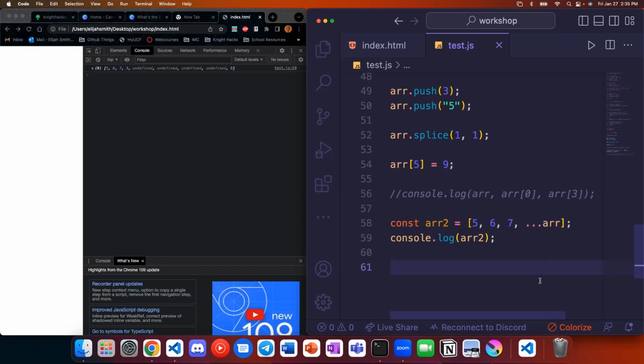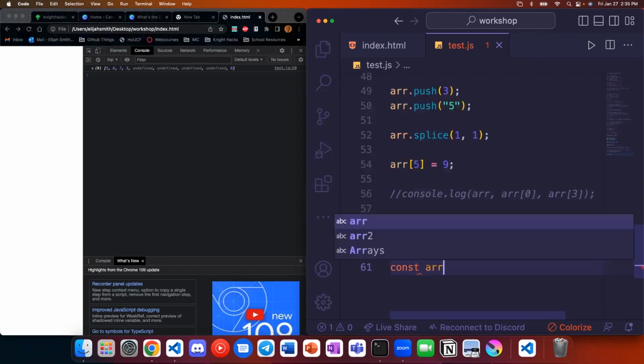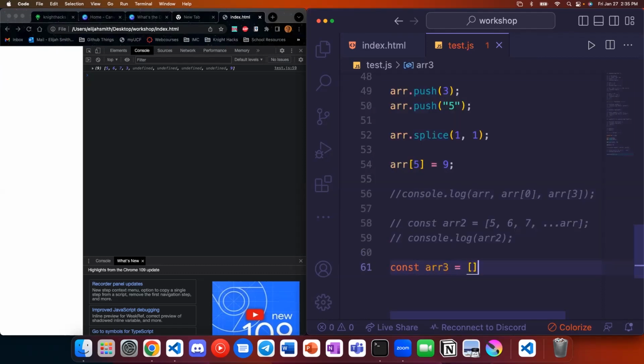Other cool things, we can destructure. So let's say I want to get specific elements from in here. Actually, let's not use this one. This is dangerous. I'm going to create a new array here. And this will be hello, and then put in your name. If I want to get out the elements of this array and put them in their own variables for whatever reason, we could do that with a destructuring statement.